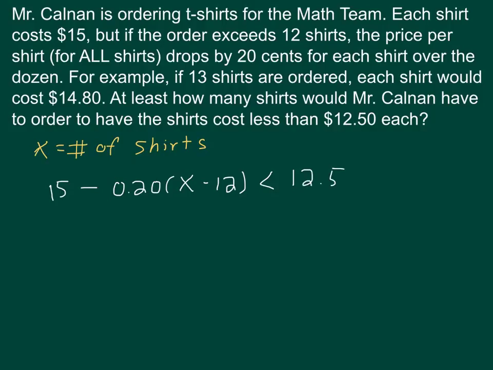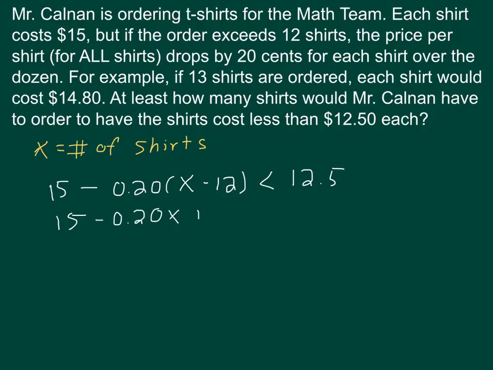Say it's less than 12.5. I don't need to use the 12.50, I could if I want. And now I just solve this inequality. I have a negative 0.20 that needs to be distributed. So I'm going to have 15 minus